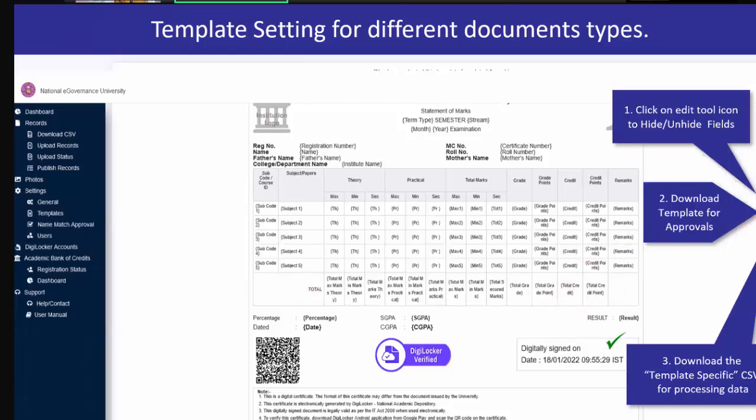So after doing all those editing things, I'll just click back on this settings button, and I'll be able to see a mark sheet with basically all different particulars. I'll be just seeing subject code, subject paper, grade points, credit points, and remarks. So once I'm done with my editing part and all these things,